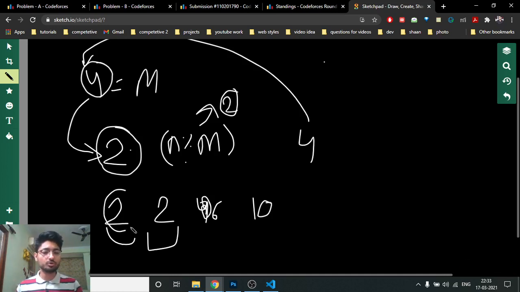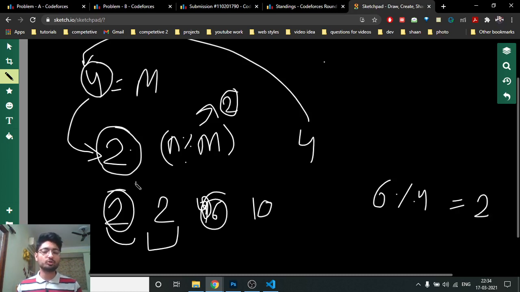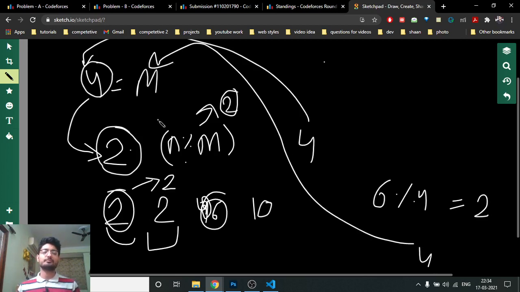If I do 2 and 6, don't you think that the total of 2 and 6 will give you 8? Why is this happening, that it is divisible by 4 only? Because the modulus of this, when you do 6 mod 4, it is also giving a modulus of 2. And 2 mod 4 is also giving a modulus of 2. So this 2 plus 2 will give a 4, and that will be cancelled out by this. I hope you get the point.